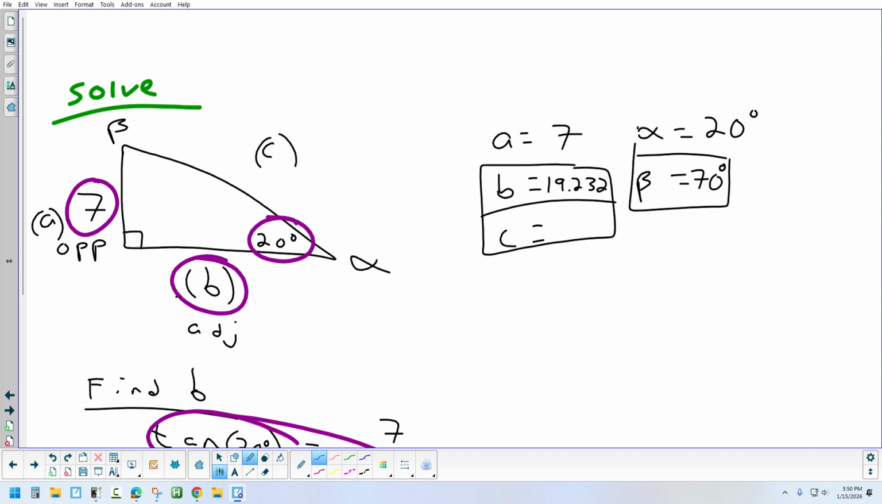You would find C the same way, except you'd be using hypotenuse and opposite. Which trig function has those two? Yeah, sine. So to find C, you would use the sine. But it would be the same steps that we just did. You never switch your reference angle in this kind of problem. Only in this kind